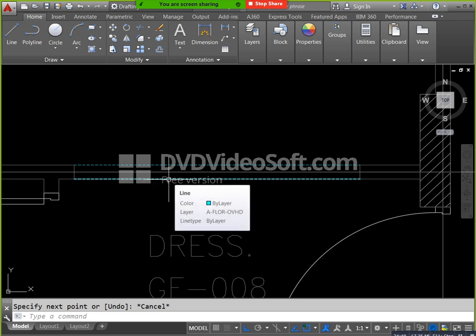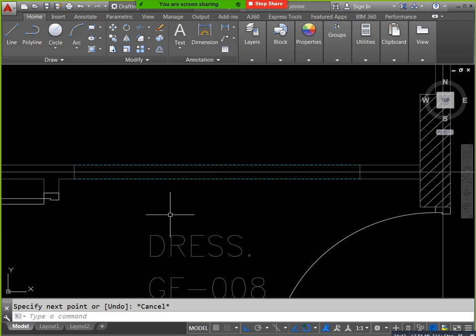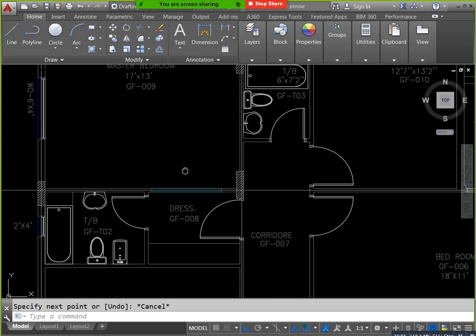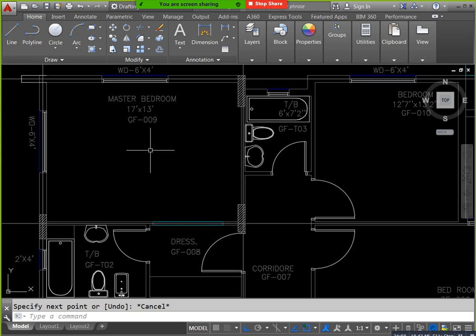This separation means this is the master bedroom, and this is the washroom or dress room. We need to give a separator for this. Here we already have a wall, but we don't have a door, just an arch opening type. In that type of condition, where this opening is there, we need to calculate for the entire space, not for this part. Without this you can calculate. What happens is you need to calculate up to here only.